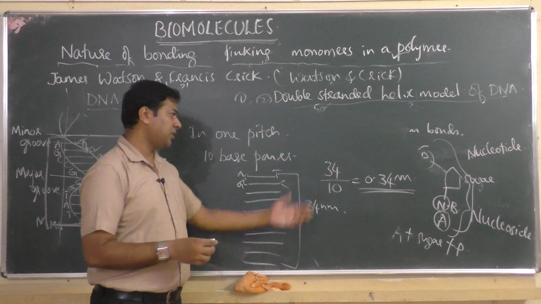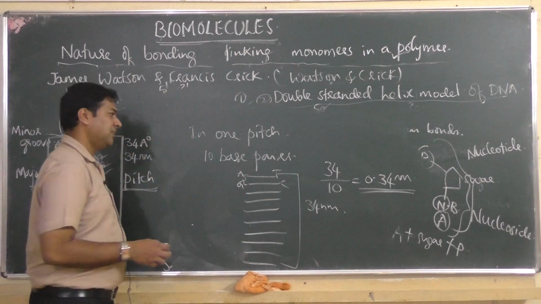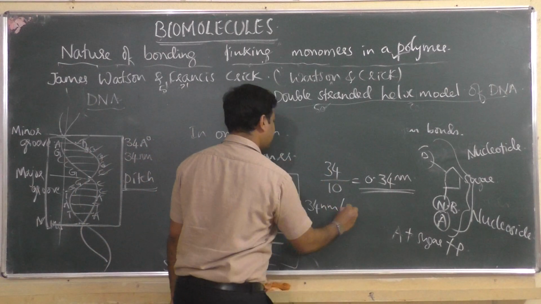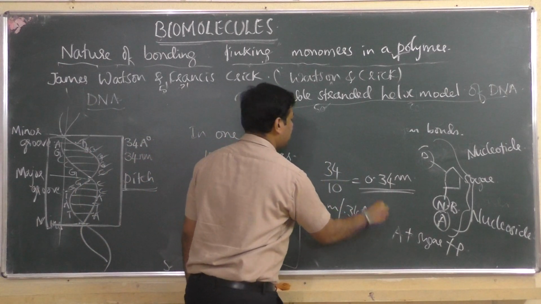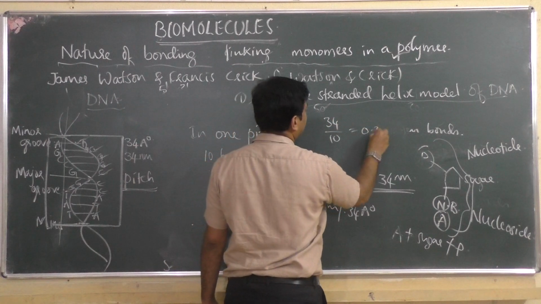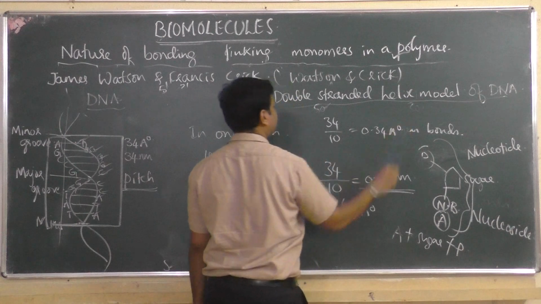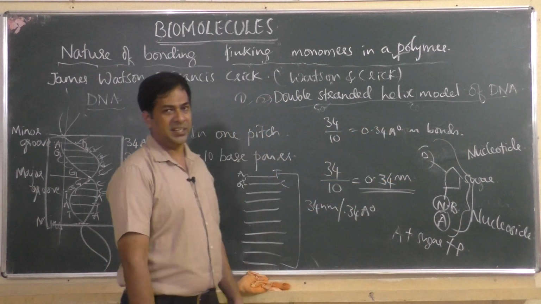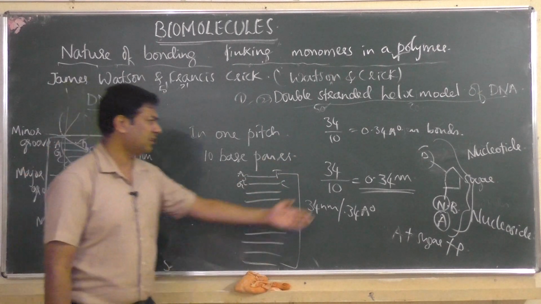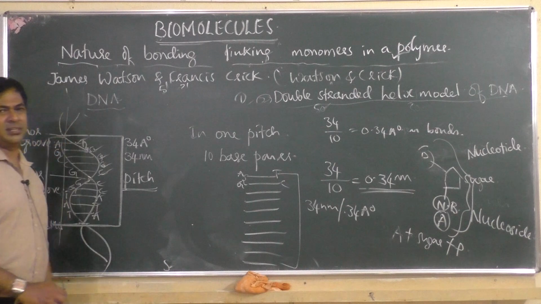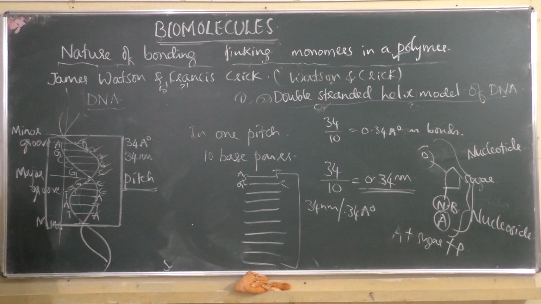Okay, 0.34 nanometer you get. If it is in angstrom also you get the same thing. If it is 34 angstrom unit also you get the same thing. 34 by 10 is 0.34 angstrom. Like when you convert this nanometer and angstrom into meter, then it is different. This comes 10 raised to minus 9, this comes 10 raised to minus 10. Anyway, that is not there for you now. In next year you are going to learn.